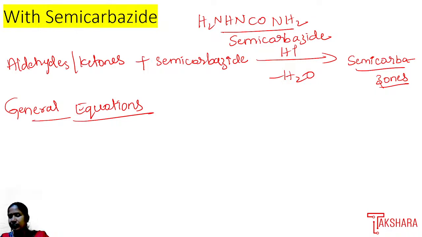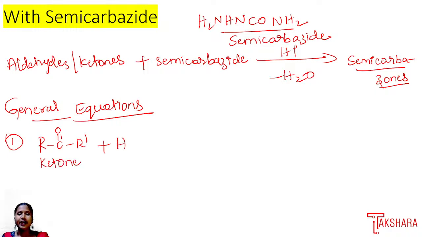What is the product going to form? Semi-carbazone product is going to form. So for this, if we consider the general equation, that is the first equation, let us take a ketone, RC double bond O, R dash is a ketone. So when a ketone is treated with a semi-carbazide such as NH2